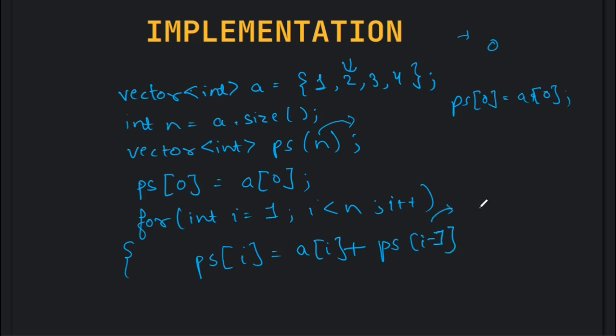Another reason for taking i equal to 1 and not 0 was that if we do a minus 1 here and had taken 0, we would have a negative index, which is not allowed inside arrays, right? So we have created our partial sum. Now we can handle the queries. Let's say the query int L is equal to 1, R is equal to 2, and then we can check